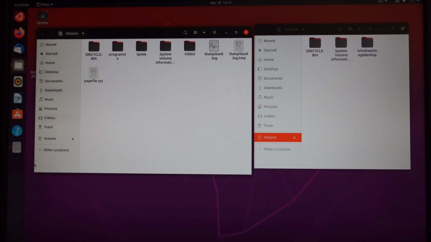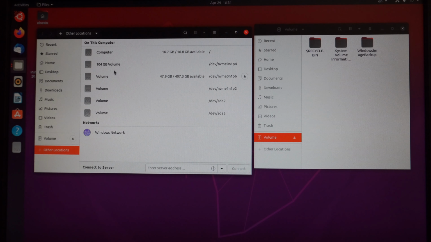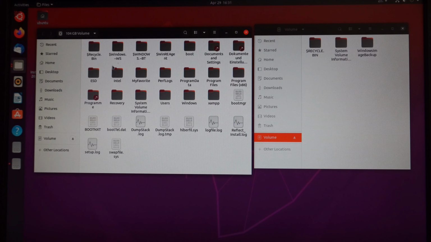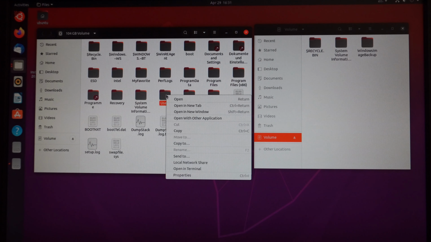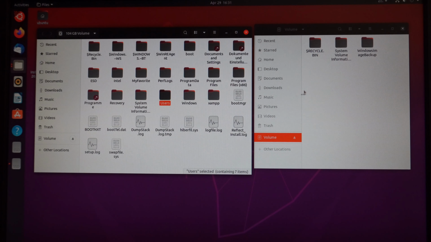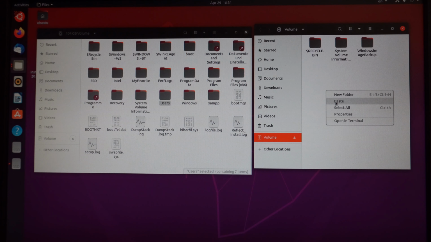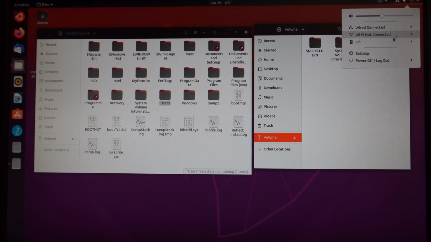For many people, the important data are located in the user's directory on the Windows hard disk. With a left and right click, you can use the copy function. Then you paste the data on the external drive. When you have backed up all important data on your external storage device, you can exit Ubuntu. I recommend to reinstall Windows 10. You can find a video about it on the top right or in the video description below.